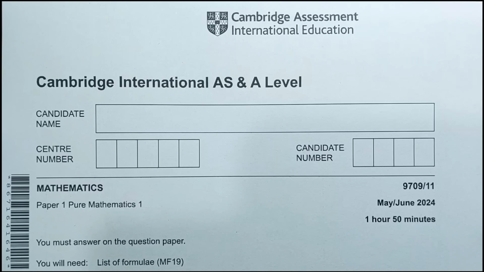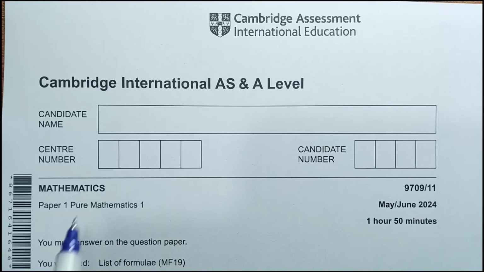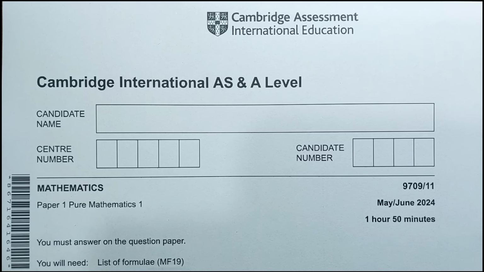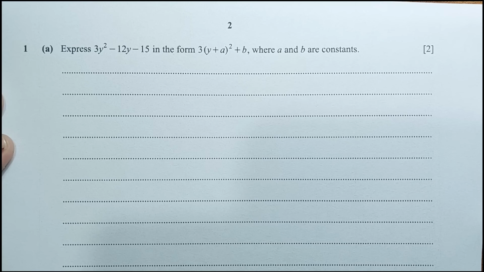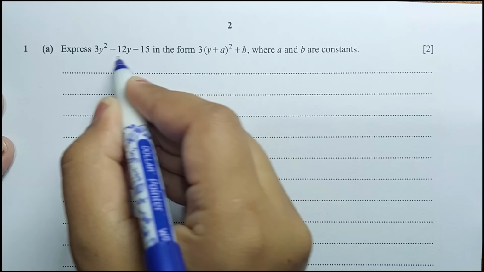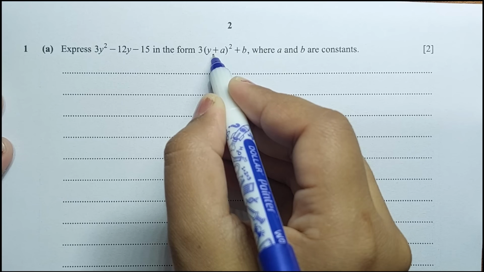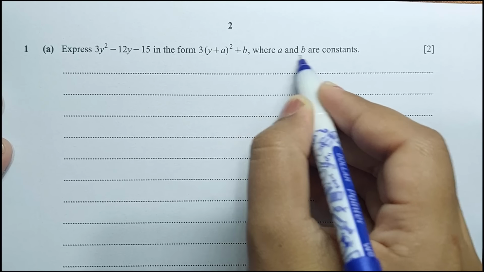Hi everyone, in this video I'm going to solve A-Levels Pure Mathematics Paper 1 in the May-June 2024 session, Paper 1-1. So let's start with the first question. Question number 1, part A: express this quadratic expression in the vertex form where a and b are